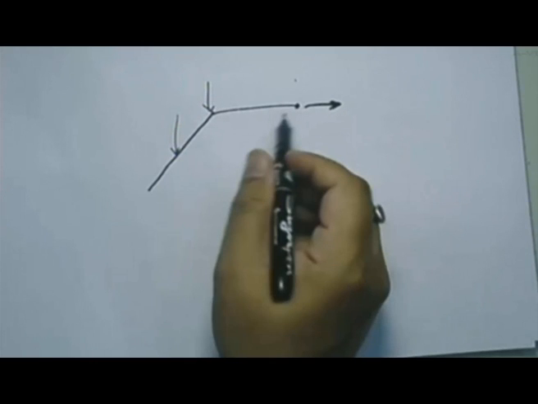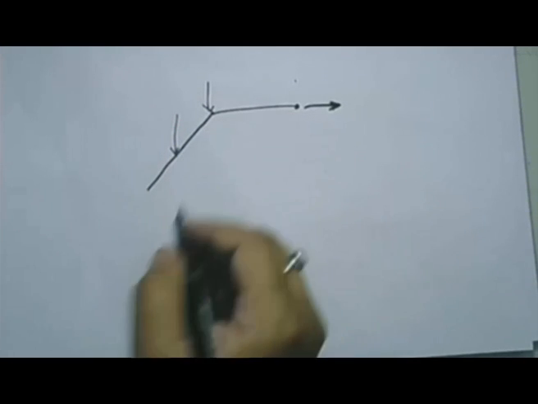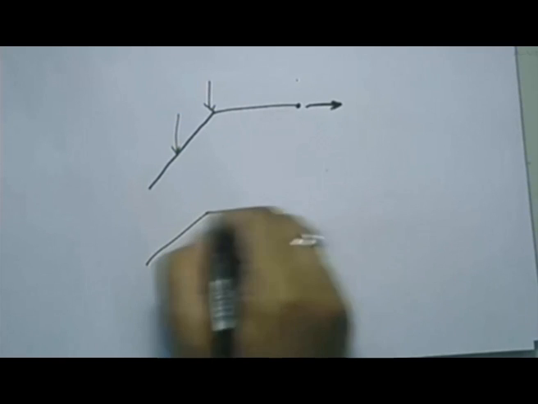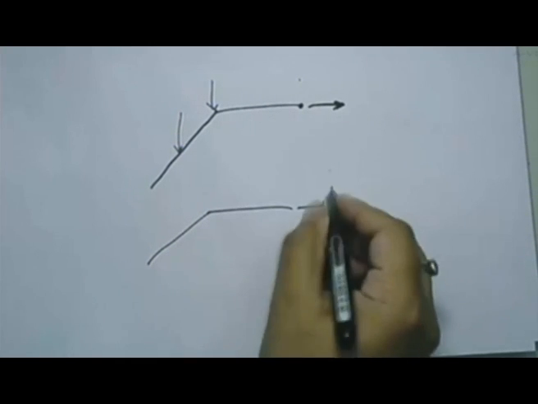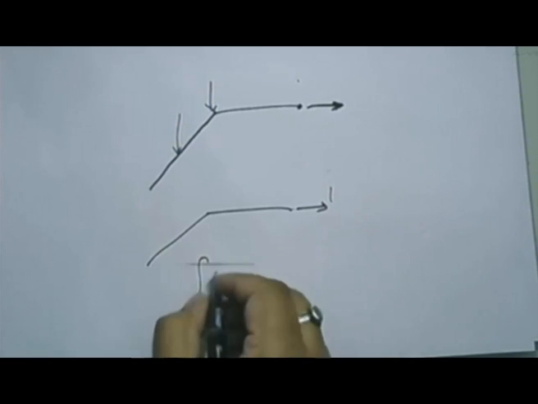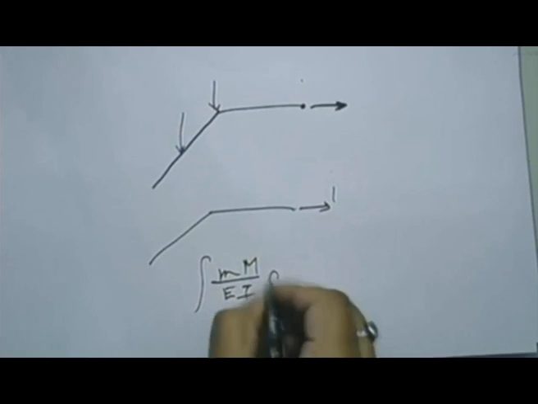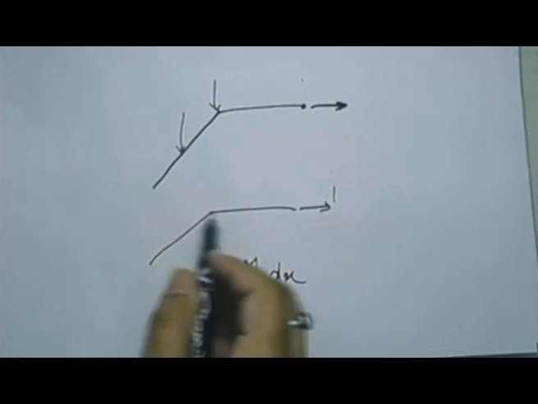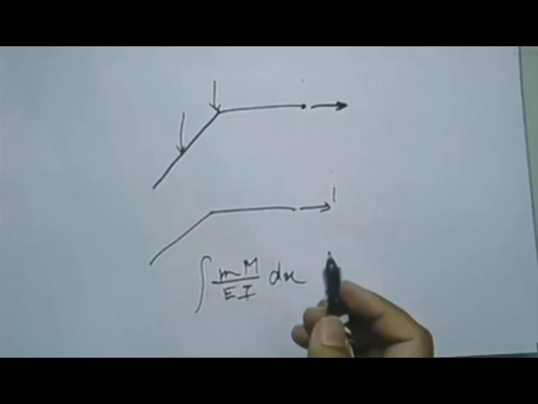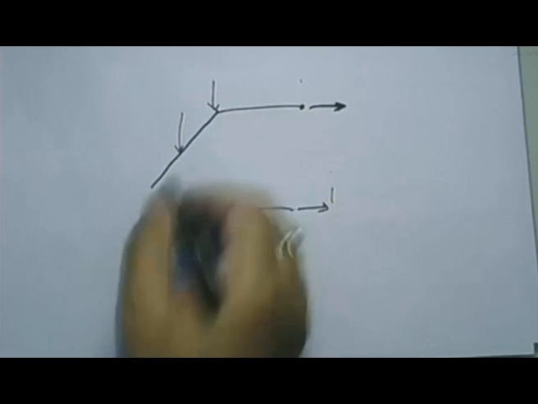So when you are solving it by virtual work method, you have to calculate the bending deformations of this frame due to this applied load as well as due to a virtual load of 1 at this joint. You have to consider them separately and then use the formula integration m by EI dx for these two members. This is the first member and this is the second member. Where small m is the moment in each of these members due to this virtual load. Capital M is the moment in each of these members due to the external loads.